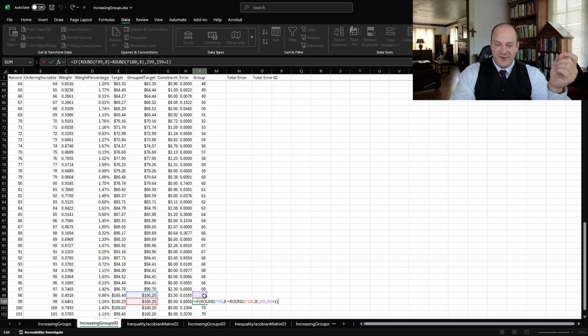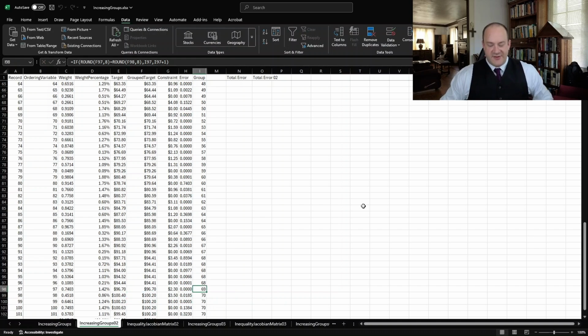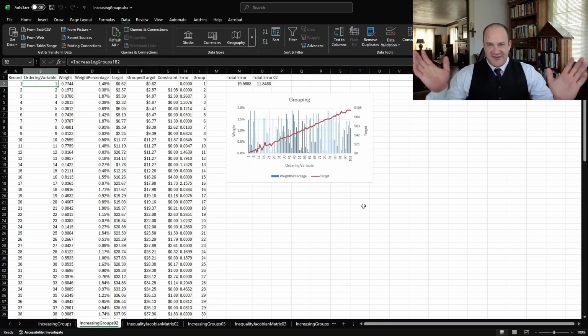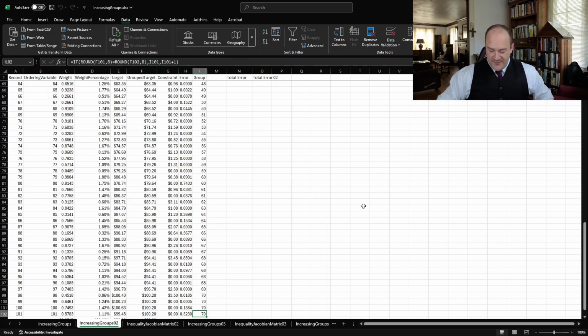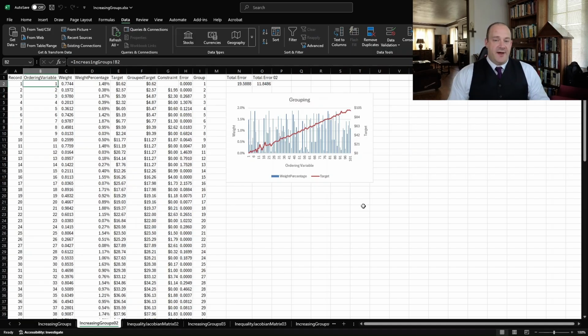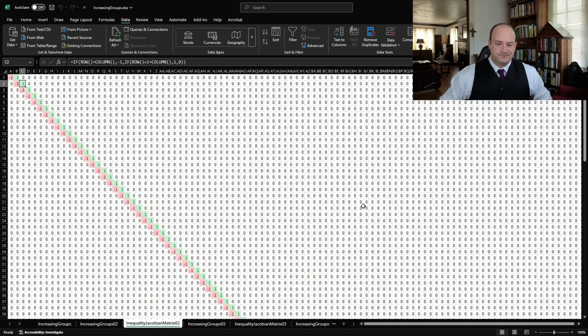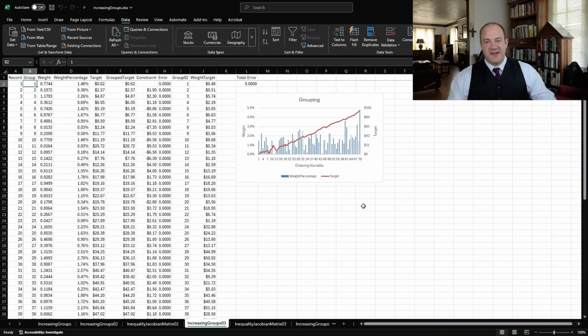You can see that in the rounding function here, it's at the 8th decimal place. And it said, okay, well, if 8 decimal places is what you mean by the same, then what comes out of this is you get 70 groups from the original 101. Have a nice day, sir. Okay, well and good. What happens when we group those things together and we see, well,